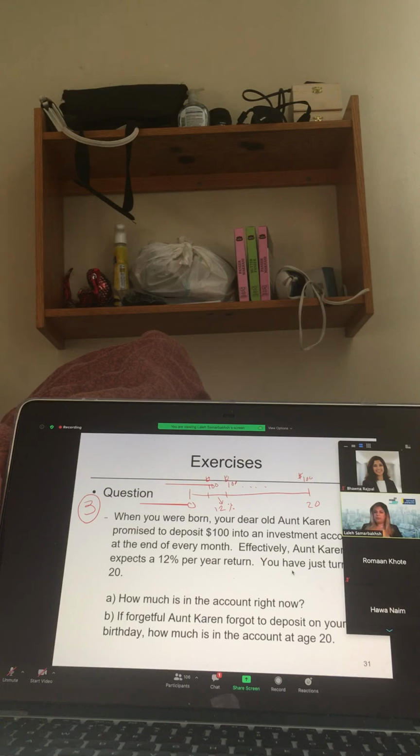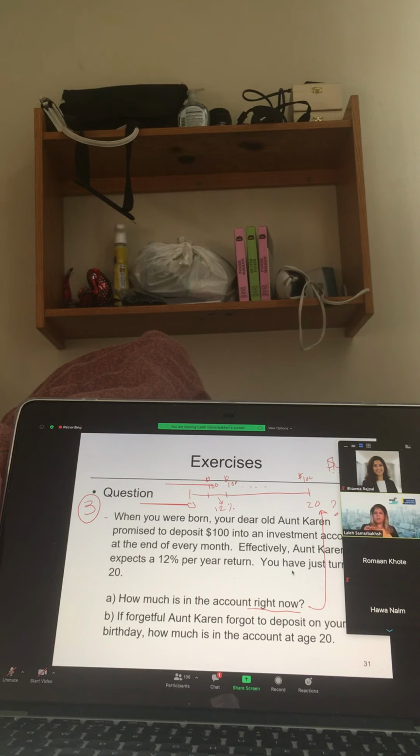How much is in your account right now? This is a very simple annuity problem. The right now that it's asking is when you are 20 years old. So it's asking for the price here, for the amount here. What's the value that you find? It's an annuity, $100 payment, 20 years, 12%. That's correct, Nusha. What else? Anyone else? That's correct, Ragavi. So really, the amount is 7,205 in my account right now.